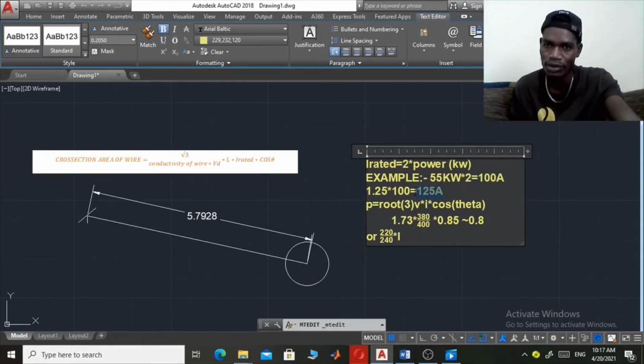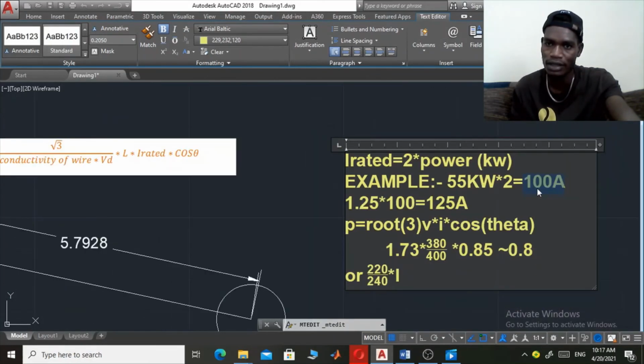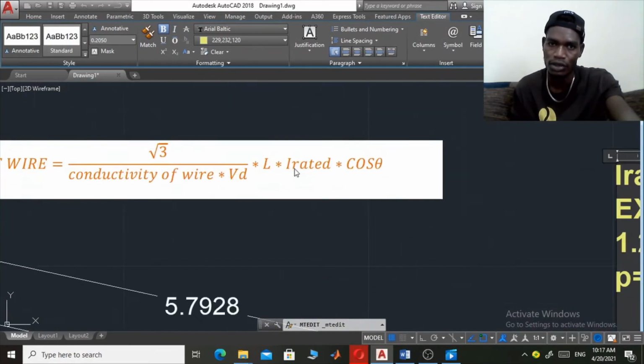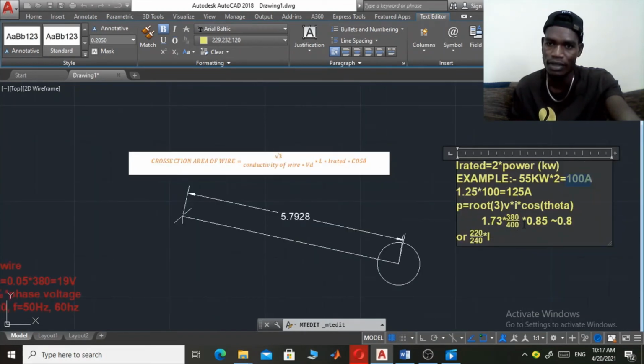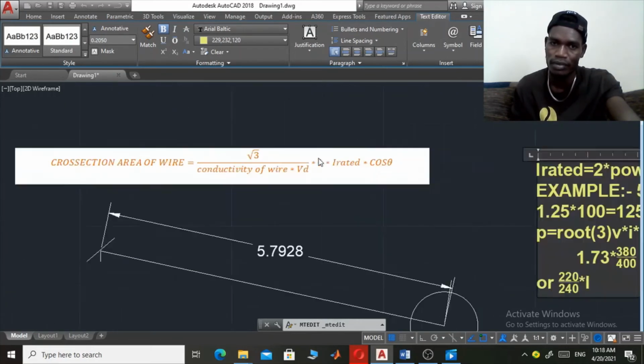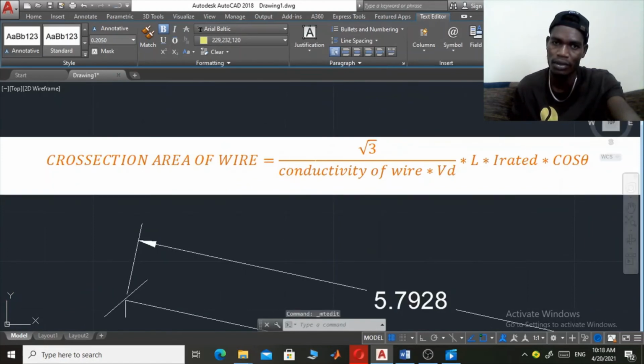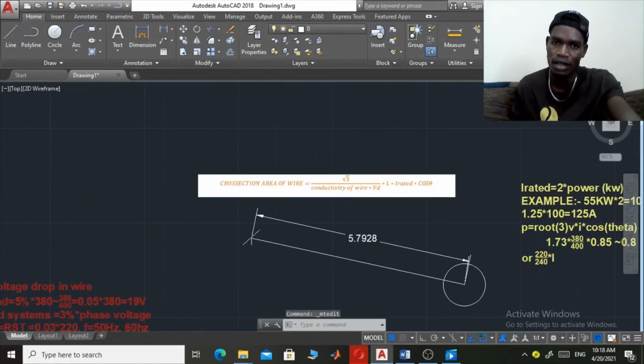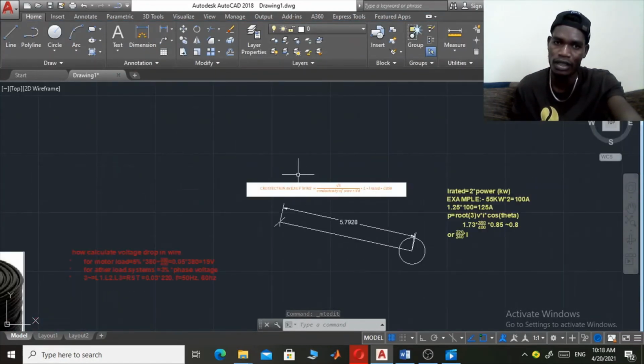This is not substituted. Never use this number in place of Irated. Use this number in the Irated place. So use it in here and take the power factor, as you know that the power factor is mostly from 0.8 to 0.85. So this is a very important tutorial, by the way, that you have to use in your every